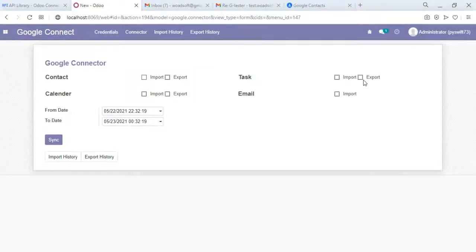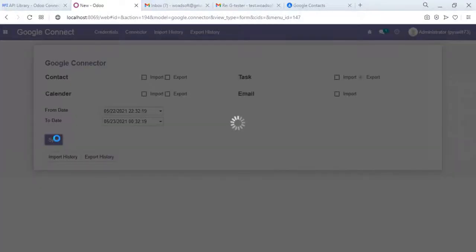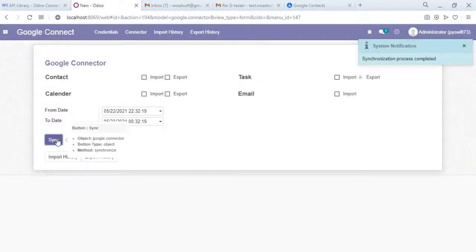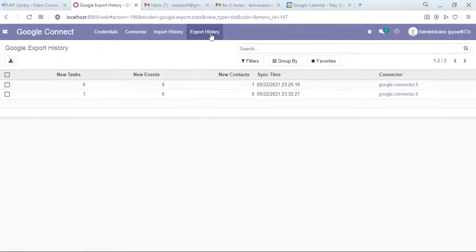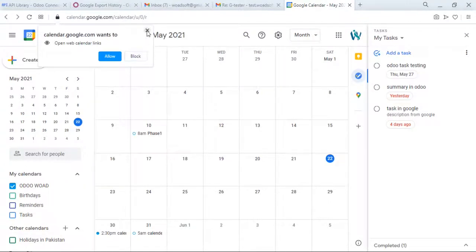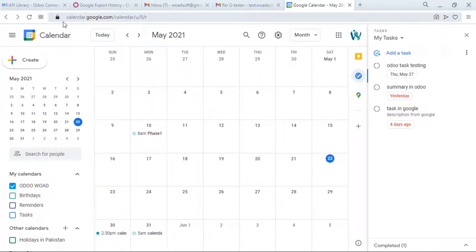So we select the export and just click the sync button. It will take a few seconds to complete. We'll check the export history, and here the new task is exported successfully, and you can also check the task from Google, and you can find it from the calendar, and here is